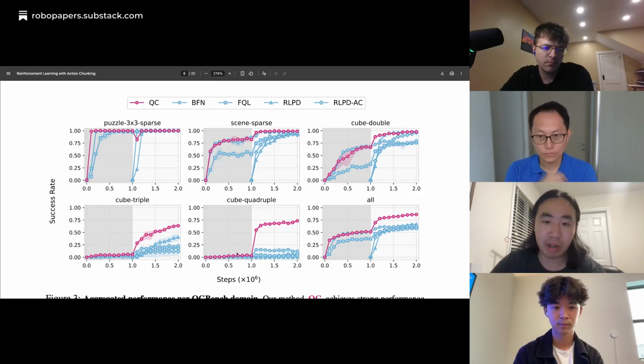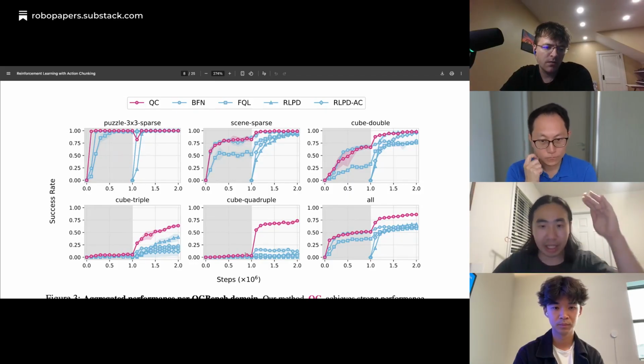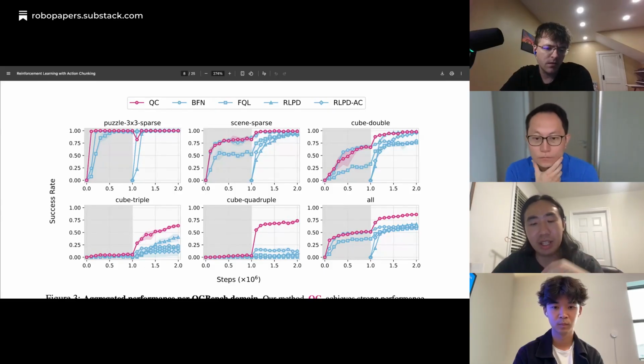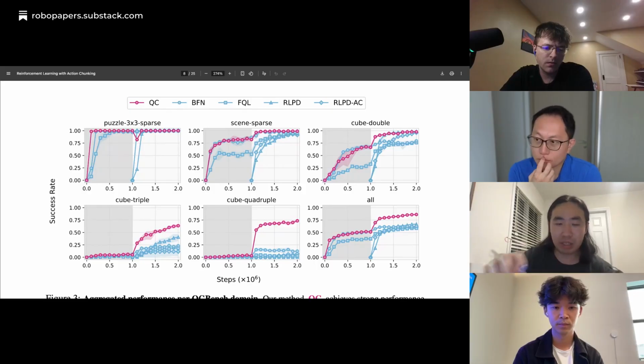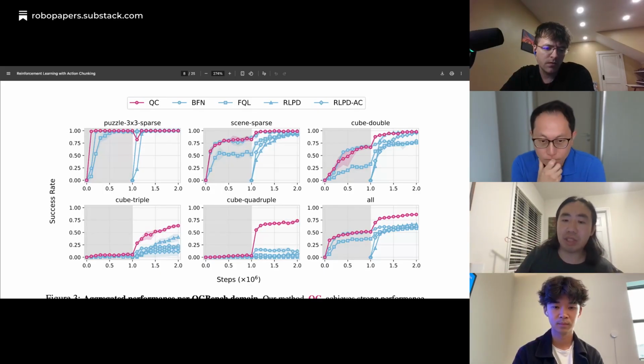Triple as well, and it really takes off on the hardest environment, cube quadruple, where you have to move all four cubes into the right location to solve the task. This is where temporally coherent actions are most helpful.